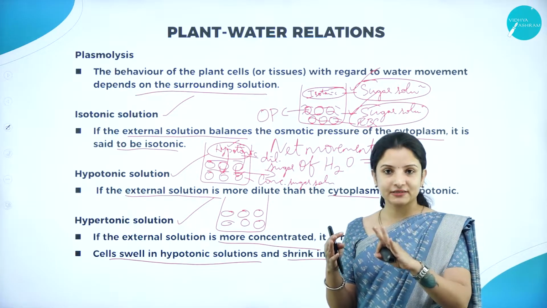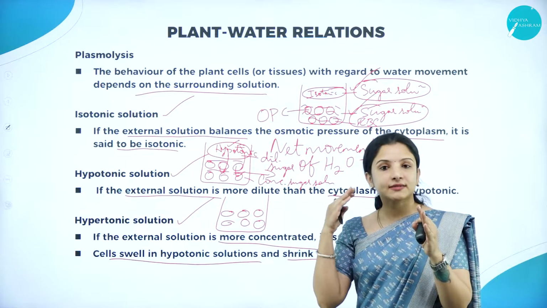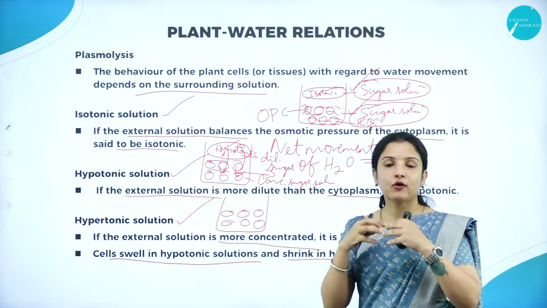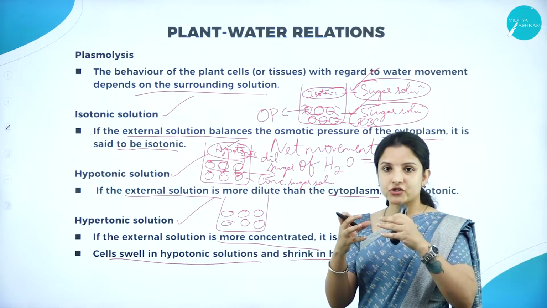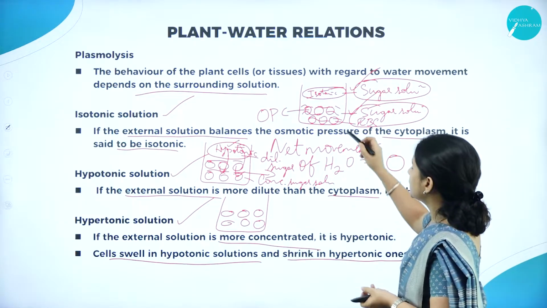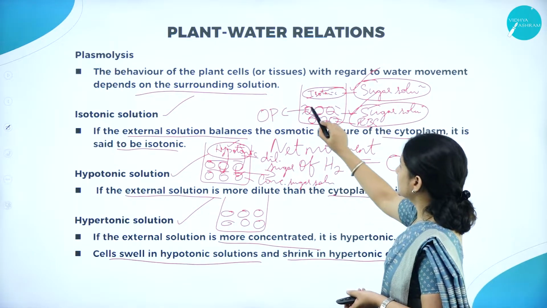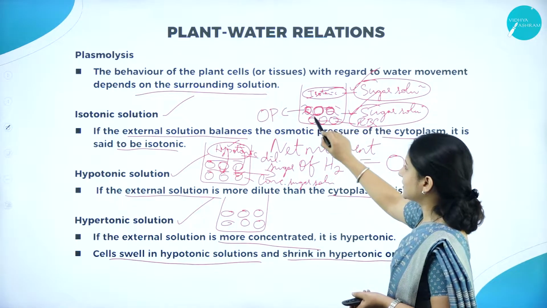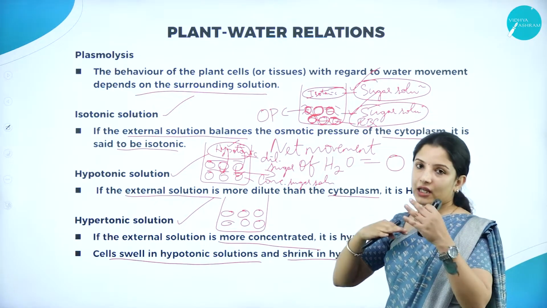Why? Because raisins are a plant component, right? So they have a cell wall. And the cell wall is so rigid that it will help the cells to become bulged, but it will not break open the cell. So that is one concept here. In the case of isotonic solution, say there are raisins soaked in this, the size of the raisin will remain the same.